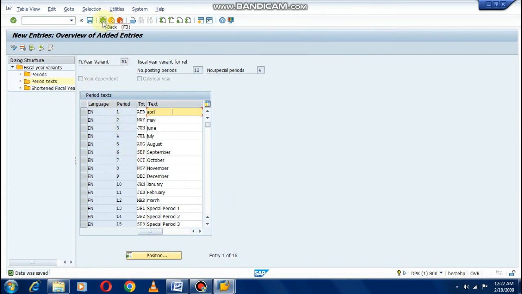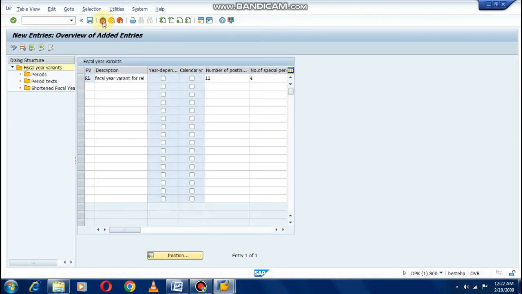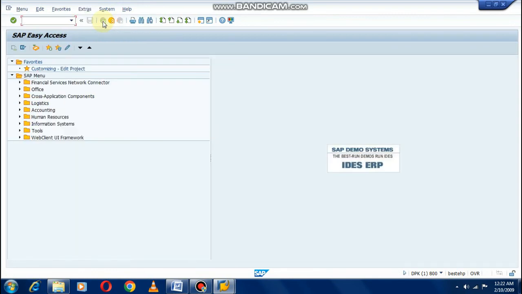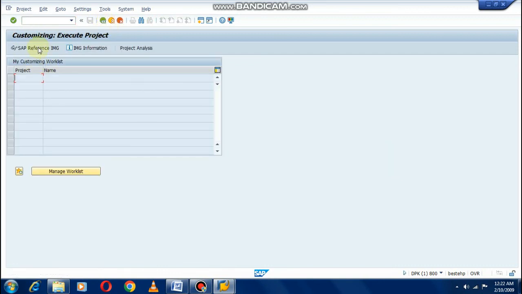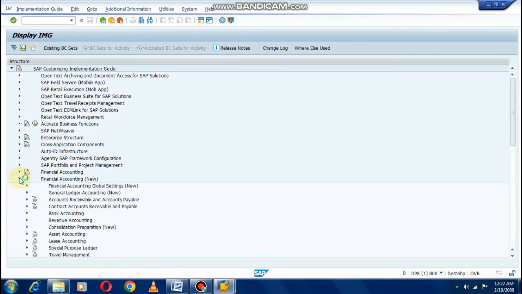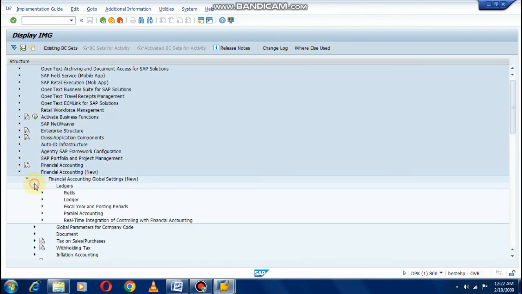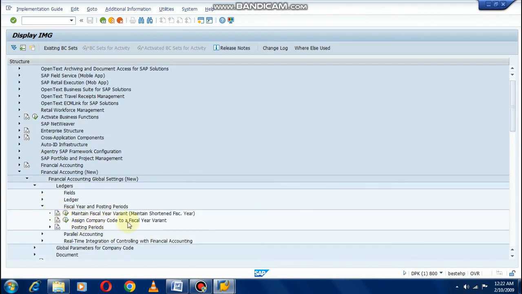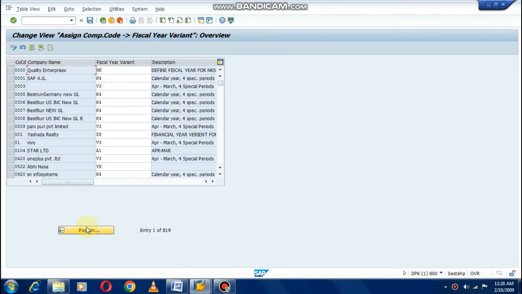Now we are going to assign the fiscal year variant to the company code. Just click on back arrows. Type SPRO, IMG, Financial Accounting Global Settings, Ledger, Fiscal Year and Posting Periods, Assign Company Code to Fiscal Year Variant. Our company was Birla.